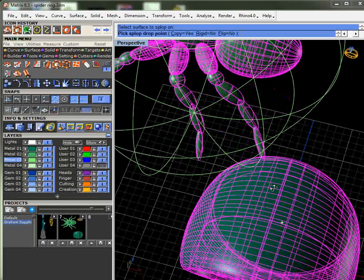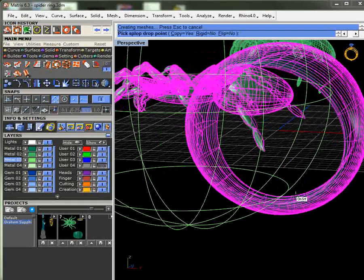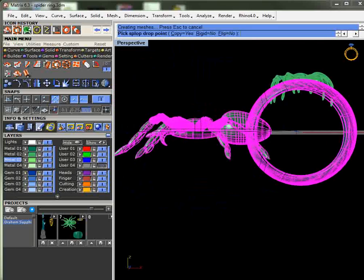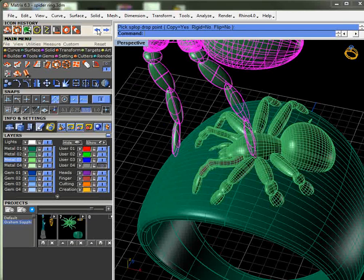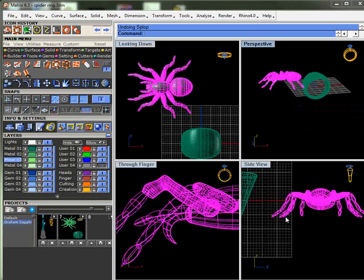And I don't know how you want it, but I'm going to put it kind of like at that angle. And, oh, of course it does. Oh, I know what's wrong. It did what I told it to do. That's what's wrong. We got to undo. I have to change the relationship of the spider to